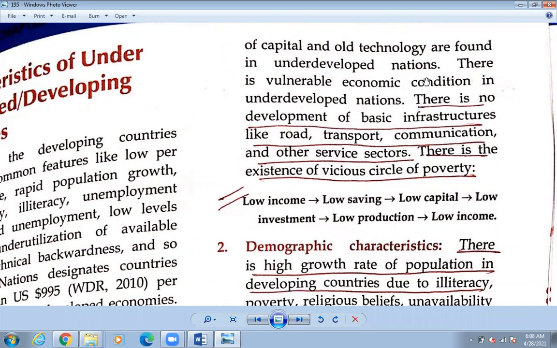That's why हाम्रो natural resources they are underutilized. Nepal is rich in natural resources, rich in forest resources and water resources, yet we are still facing load shedding, isn't it? So these resources are underutilized, and there is no development of basic infrastructure like roads. Roads धेरै ठाउँमा पाइँदैन. We can see in our country itself that many infrastructures like roads are not found. Transportation facility like train is still not available in our country.